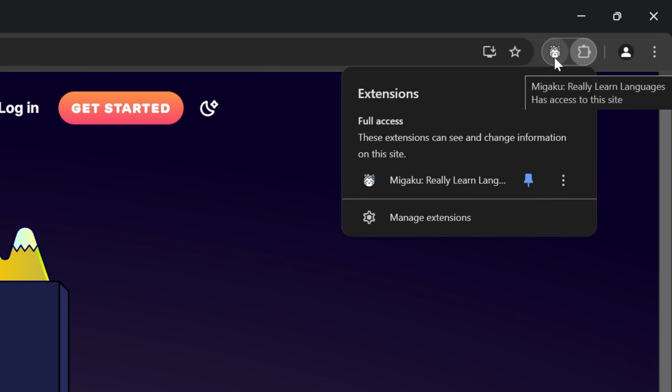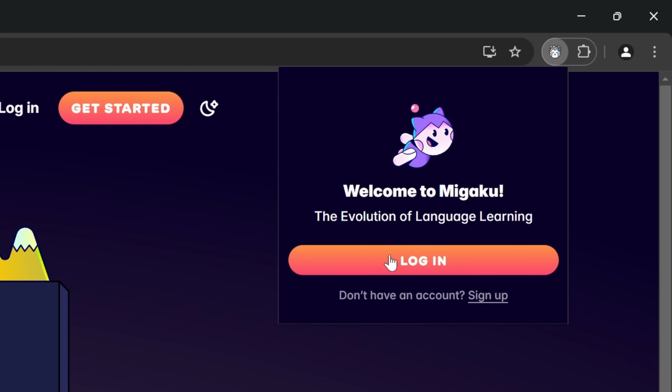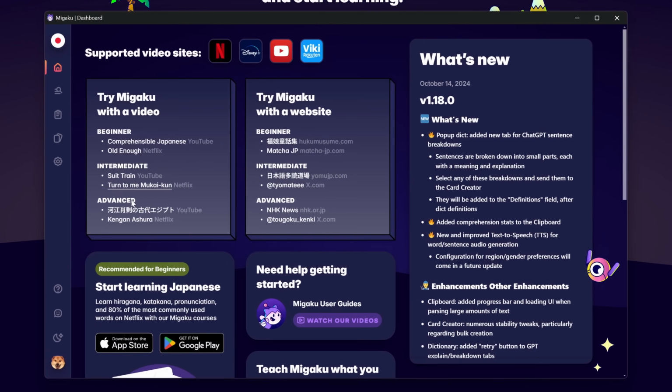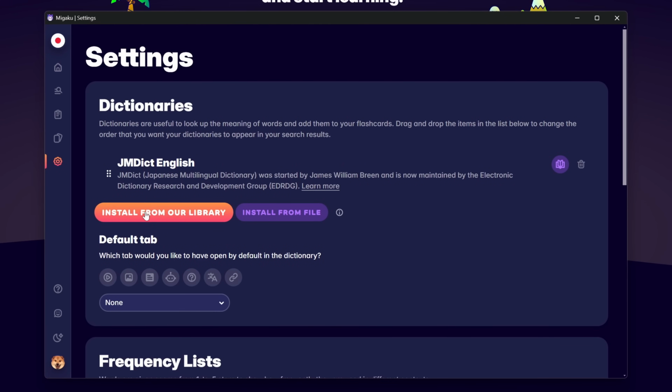Next, you have to click on it and log in. And it's going to instantly start installing the default dictionaries and stuff. But if you haven't used Migaku before, it's going to ask you what language you want to learn first. And now that it's done, before we do anything, I recommend going to the settings and installing a few more